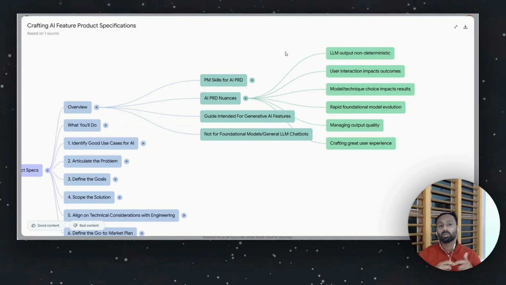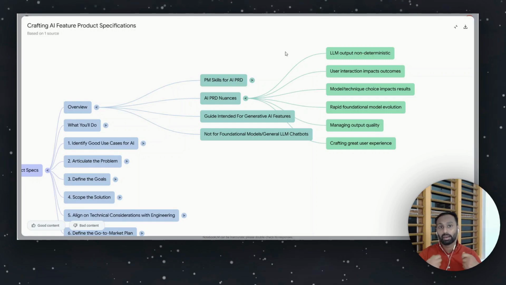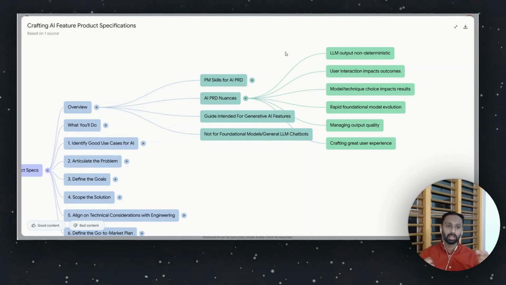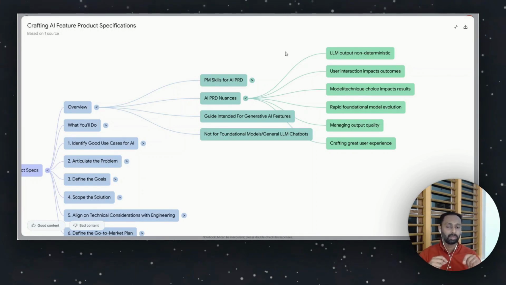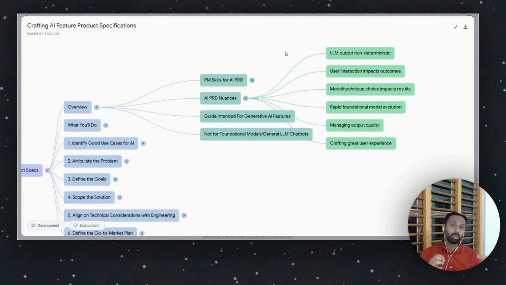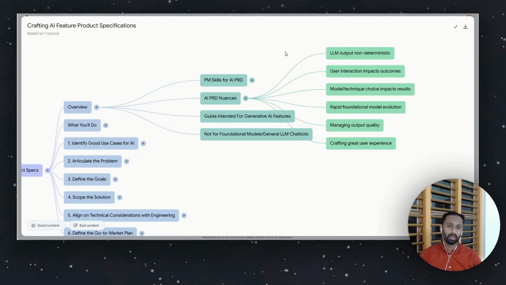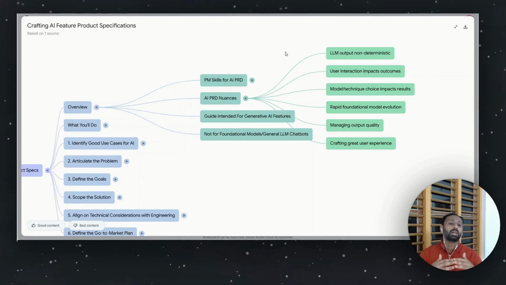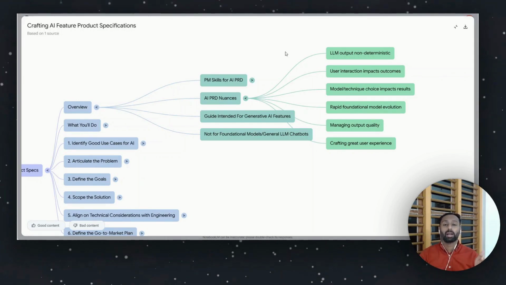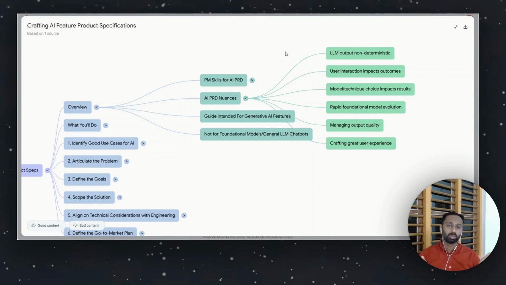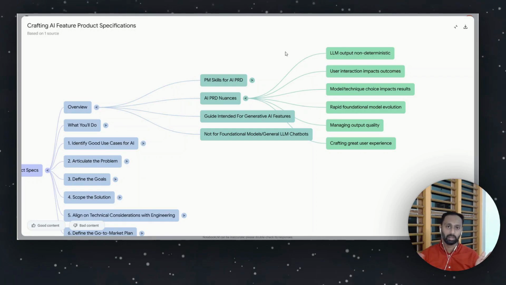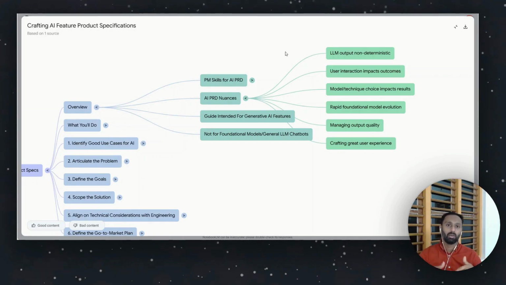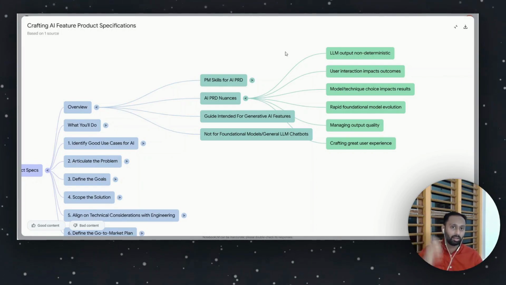The second important thing you need to look at is that the user's interaction with the feature changes its outcome. So it's not again binary. How people interact with the feature changes its outcome, so you need to be very cautious while designing the whole inputting system. Third is that the model technique choice impacts research. What kind of model you choose in order to deliver that feature, like whether it is Gemini or ChatGPT, the kind of models that power your